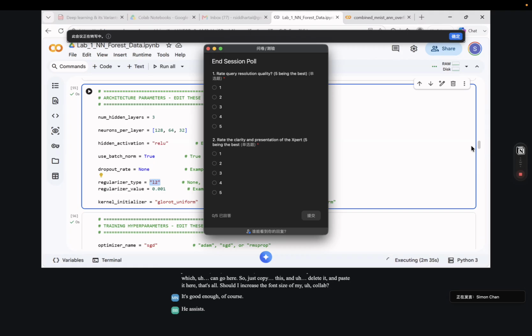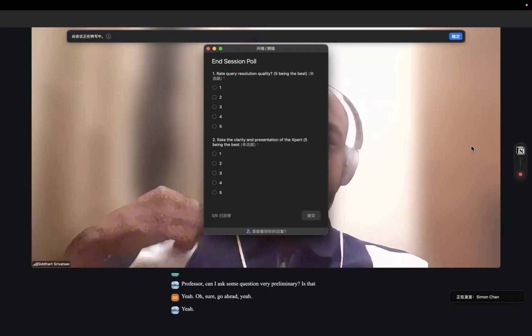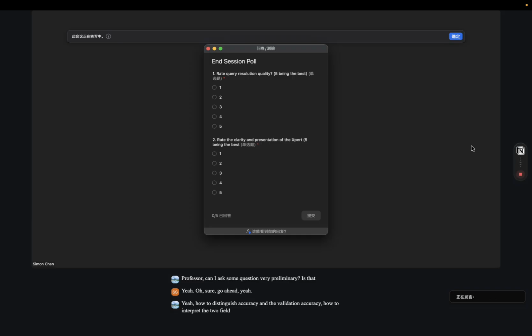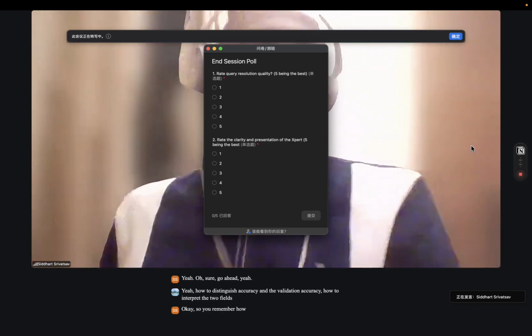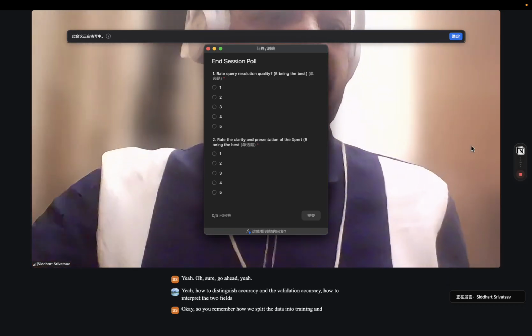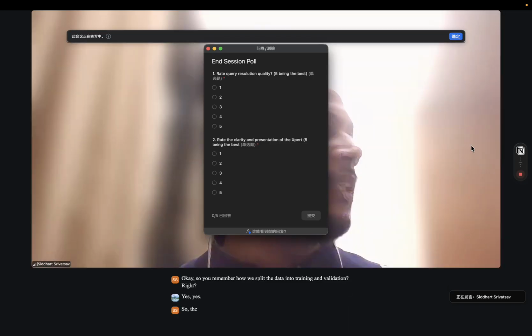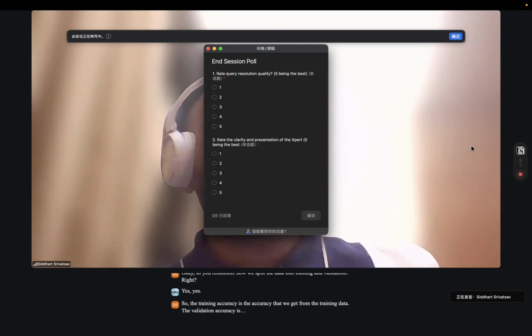Professor, can I ask some question, very preliminary? Sure, go ahead. Yeah, how to distinguish accuracy and the validation accuracy? How to interpret the two fields? Okay. So you remember how we split the data into training and validation, right? Yes. So the training accuracy is the accuracy that we get from the training data. The validation accuracy is from the unseen data